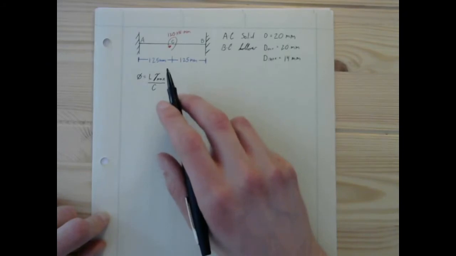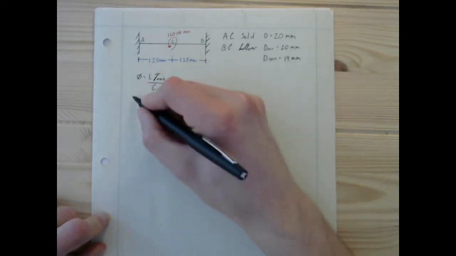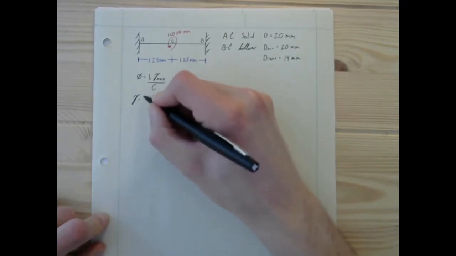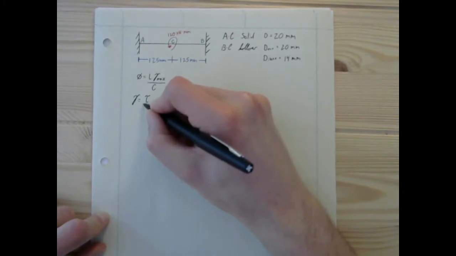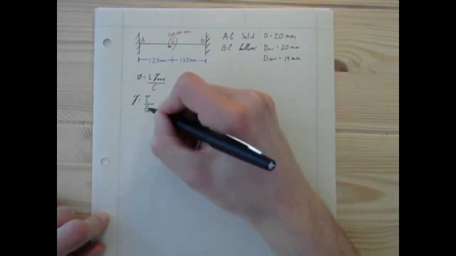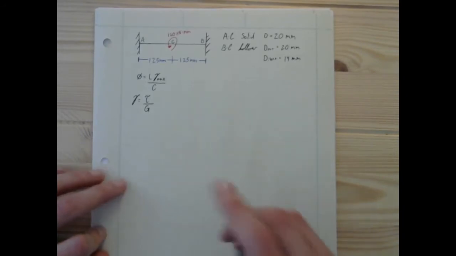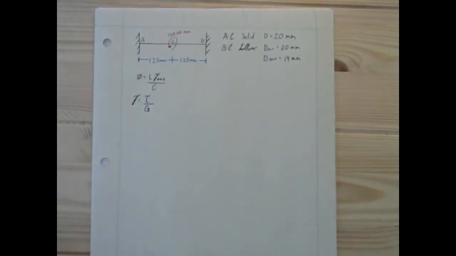The shear strain is going to be equal to the shear stress divided by the shear modulus. So slapping these together, I'll write this in green,